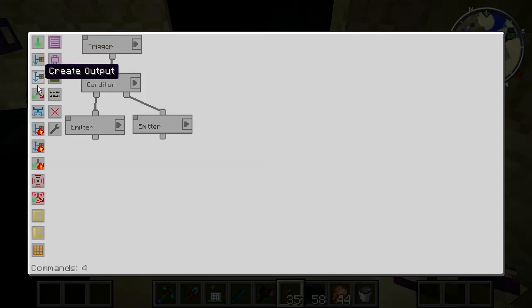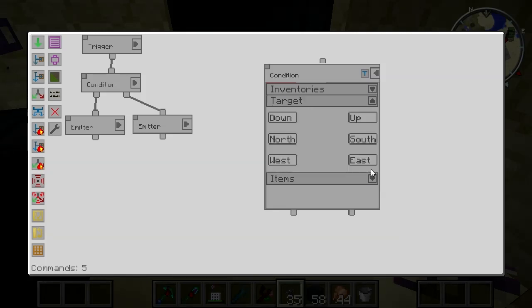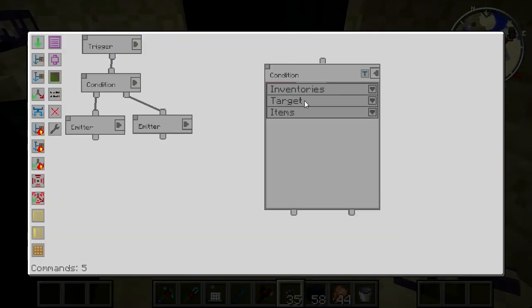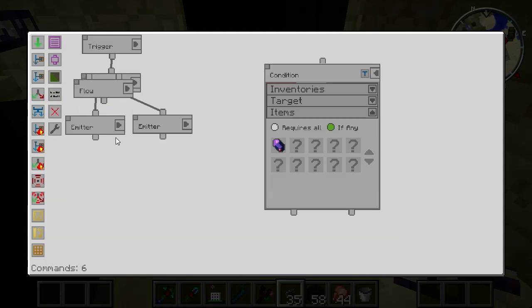condition that would look for, in this thing, which is to the up, and if any, and I have what in my inventory here? Fluix crystals. Okay. So, if I have any Fluix crystals in there, then they need to be sent